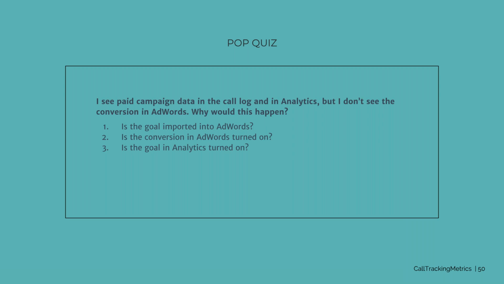These are other very common occurrences that we see. So once you create the goal, you can't forget to import it into AdWords. And then once it's in AdWords, I've seen it before. People turn the conversions off. Same in Analytics, you can turn the goals off. So just a few troubleshooting tools for you. Oh, I see we did have some people chime in with the right answers. So brownie points for you.